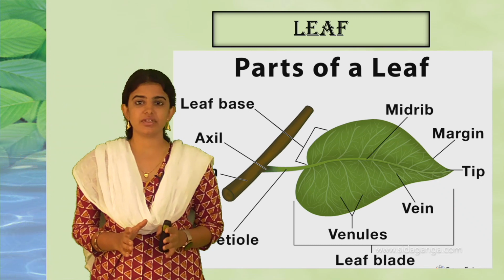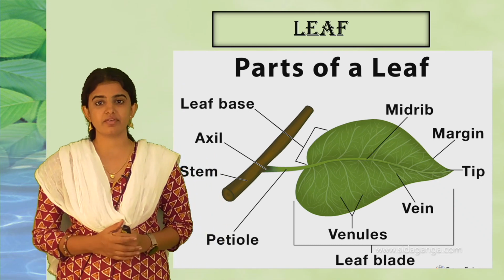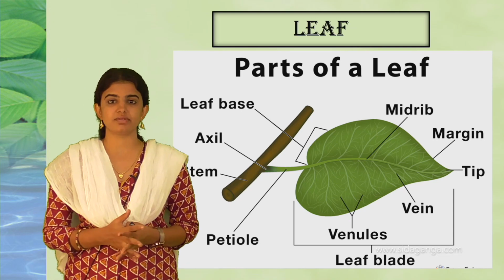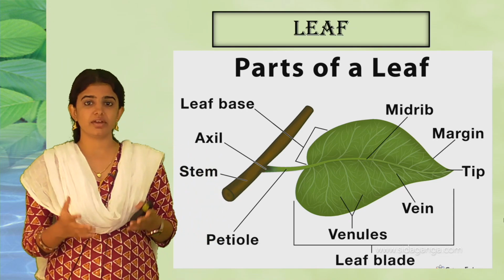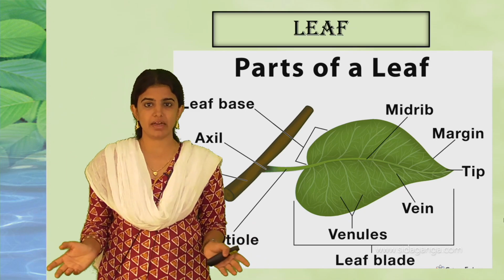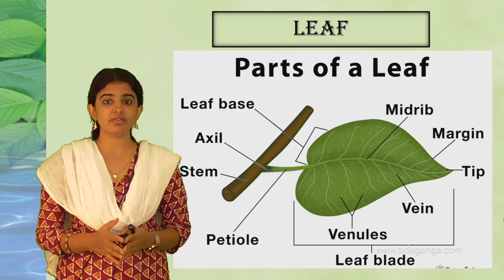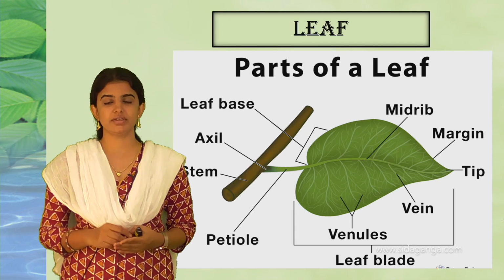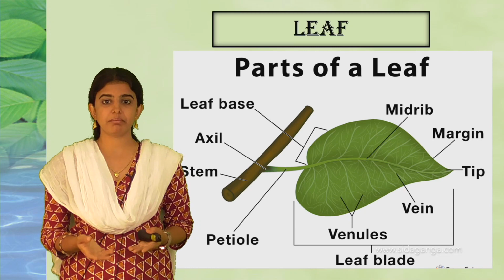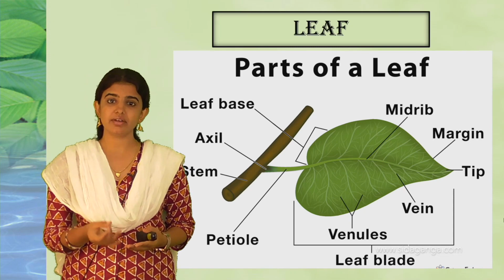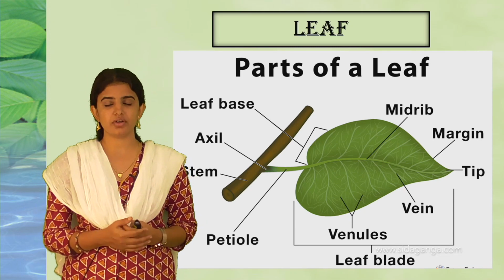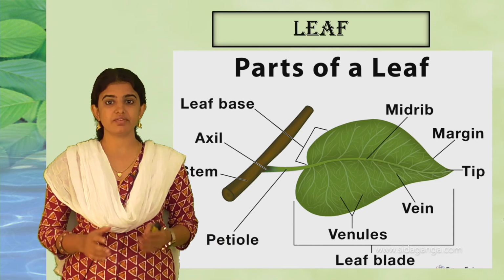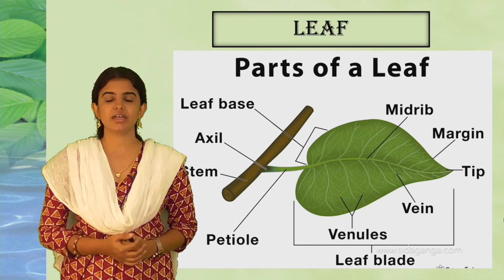See, usually the leaf is also called the kitchen factory of the plant, where the food preparing process takes place. And we see in our environment there are varieties of leaf plants, and the leaves differ from one another. These leaves may be green, brown or yellow in color, and later they fall on the ground. This is how there are different varieties of leaves with different colors.